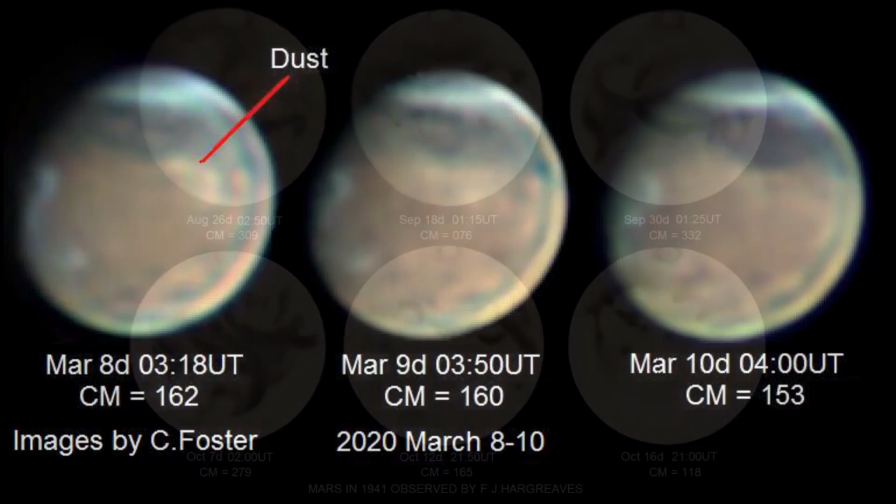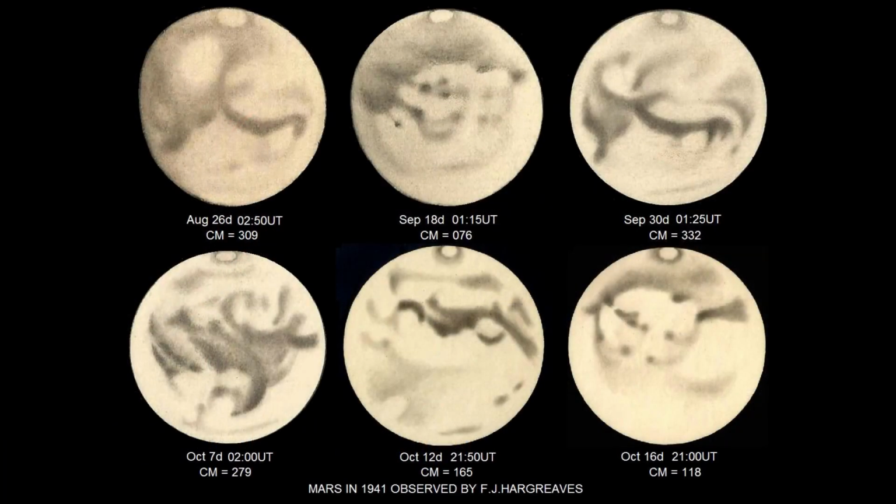So what about past oppositions? We know that this year is going to be a perihelic opposition. That's an opposition which occurs within 90 degrees of perihelion. So it's going to be a good opposition. It's going to be a big disk size of over 20 arcseconds, and the planet is going to be reasonably high above the horizon. So it's interesting to look back at what oppositions are similar. The same characteristics recur at intervals of 15 or 17 years.